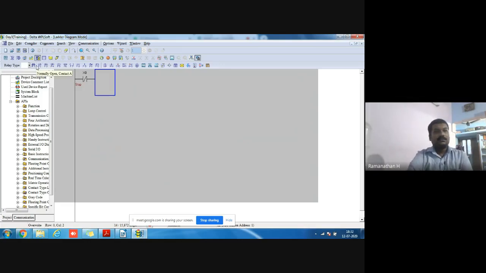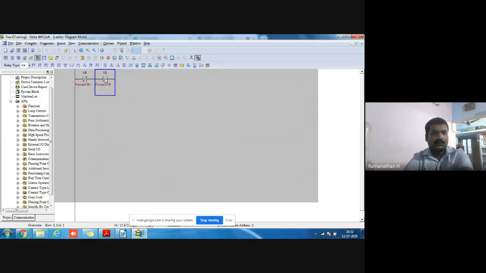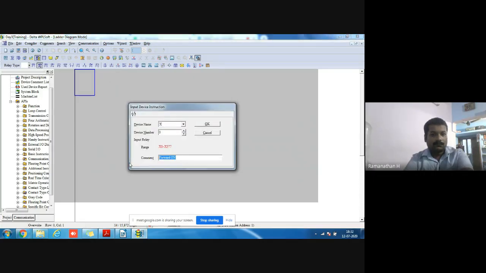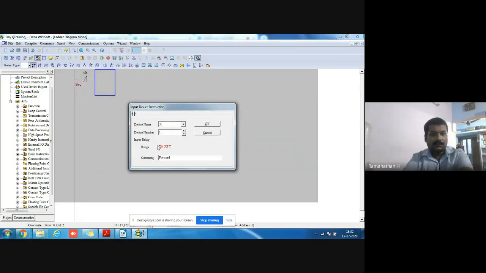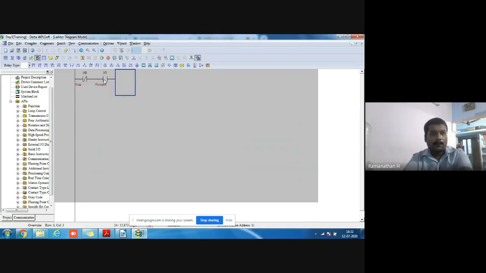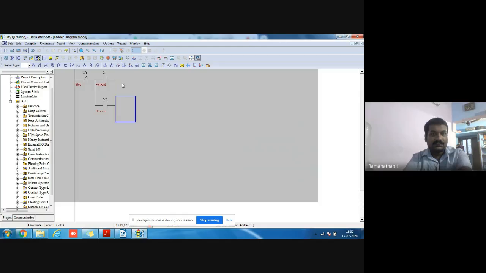The next one is forward on. One is the stop coil, and the next one is forward, then reverse. At that time, two operations are done.